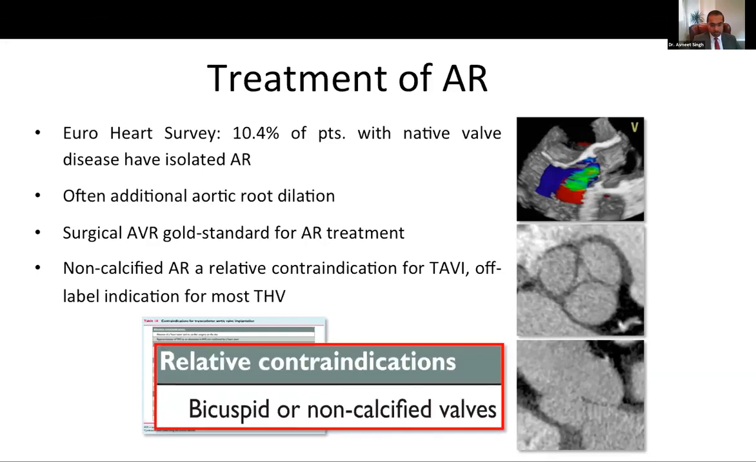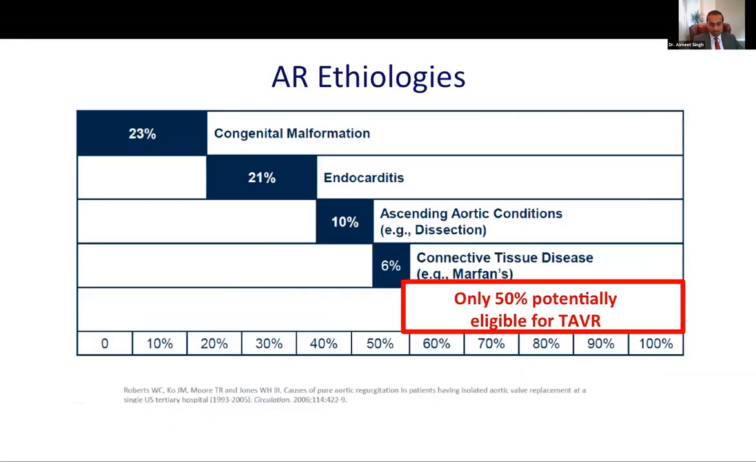So we do sometimes use TAVI for bicuspid valves with combined stenosis and regurgitation, but it's relatively contraindicated if they don't have any calcification at all in the valve or leaflets. And even if you think about all aortic regurgitation, this is not going to be a mainstay therapy such as TAVR is for aortic stenosis,